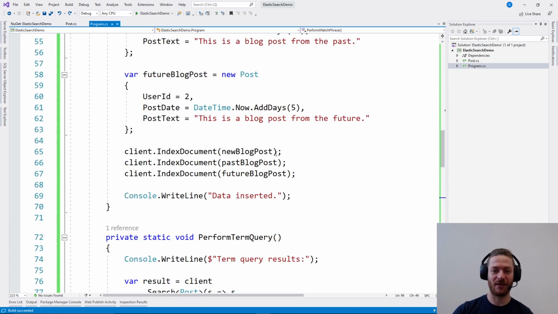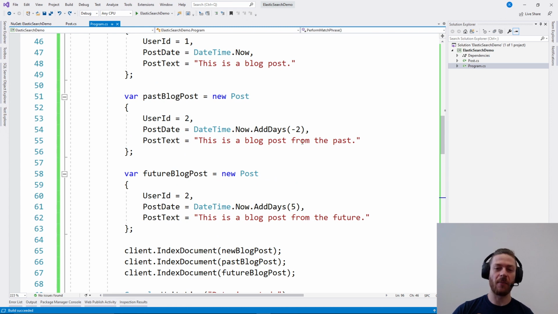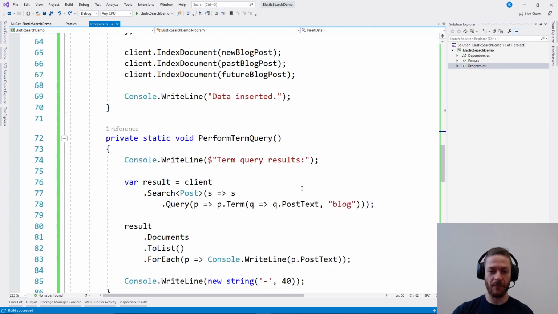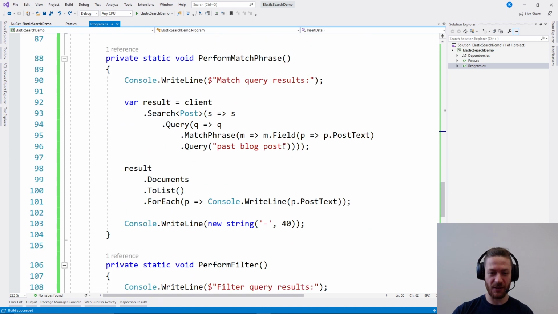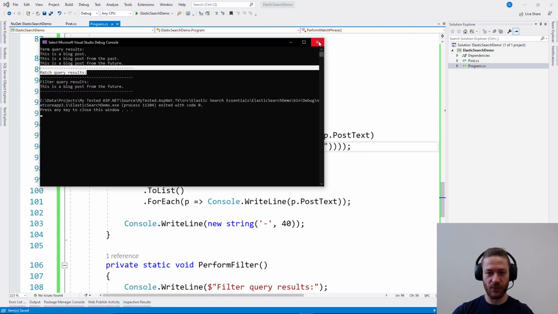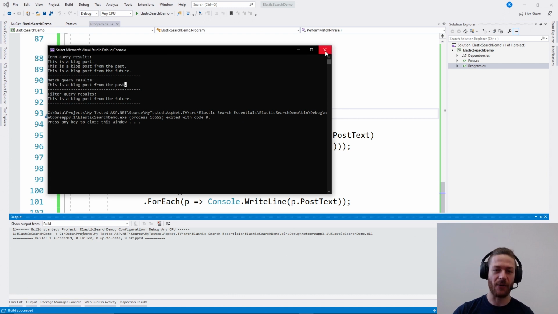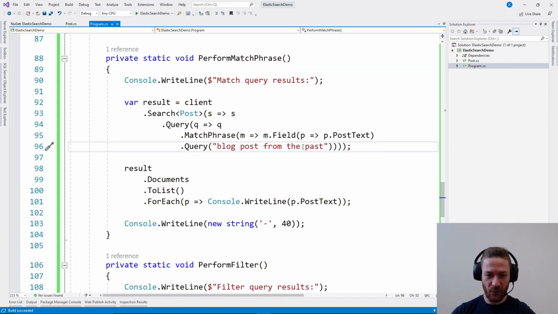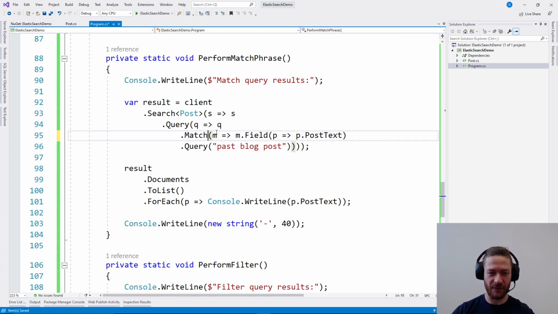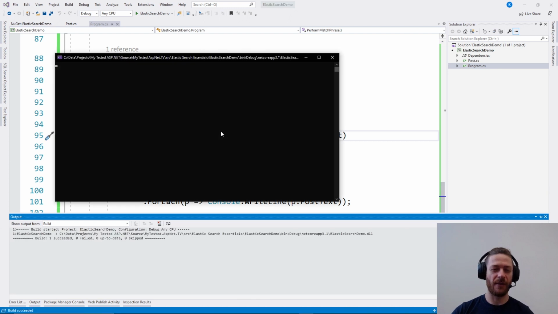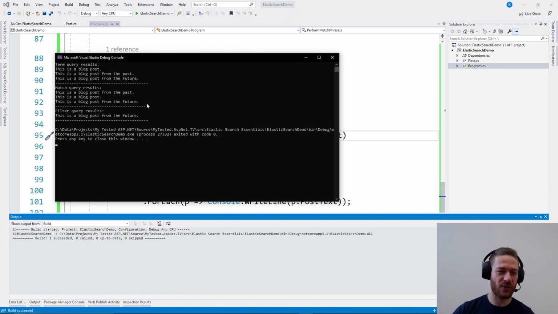You can see that this is a blog post from the past. So if I search for blog post from the past, it will return a result because we use a match phrase, and we know that match phrase matches the exact phrase, and you can see that now the phrase is found. And if we want to just say past blog post, but we don't care about the order of the words, we can see that